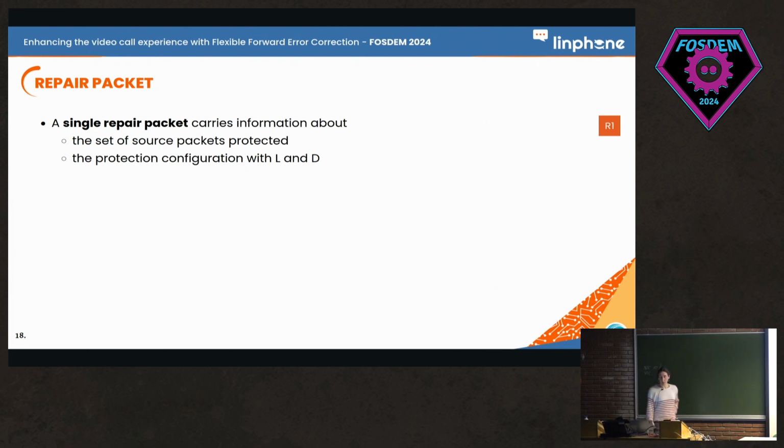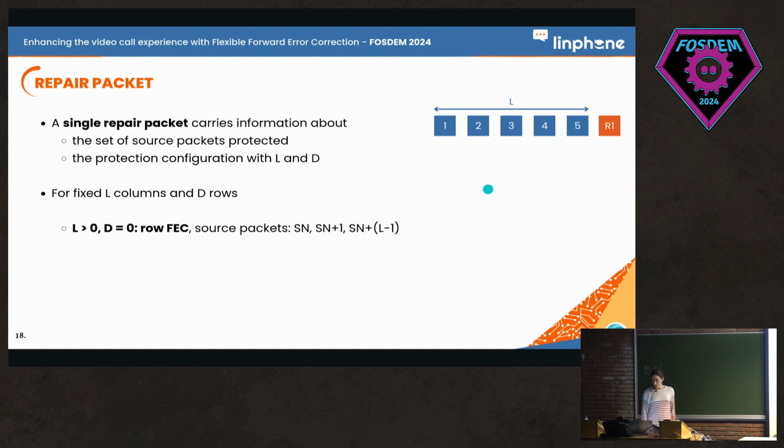A single repair packet will carry all the information needed to recover the source packets. It says the size of the source packet protected and which is the configuration of the protection. For example, here, when you have R1 and you see that in the FEC header you read L is positive and D is 0, you know that you have a row protection. And the sequence number of the source packets that are protected comes from S1 to Sn plus L minus 1